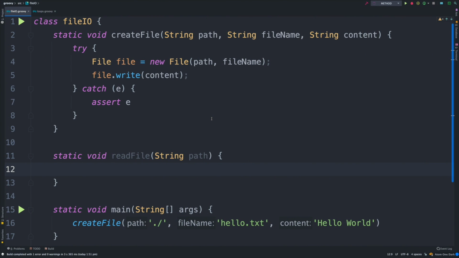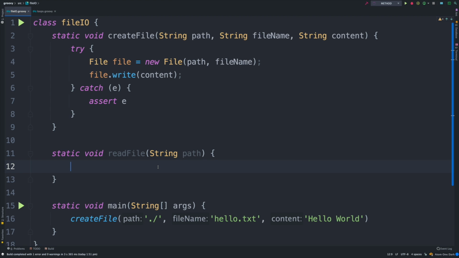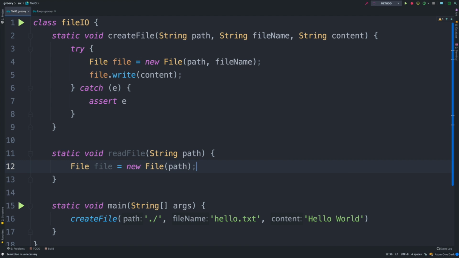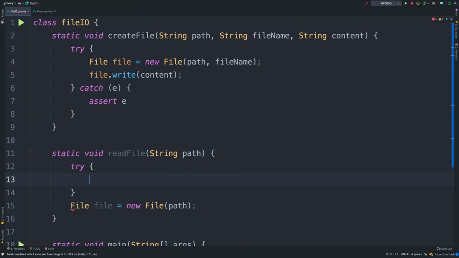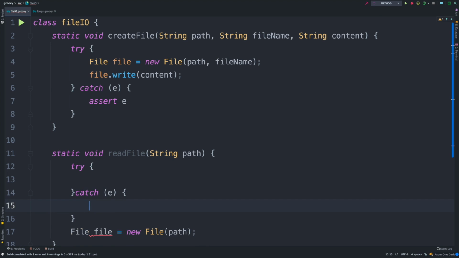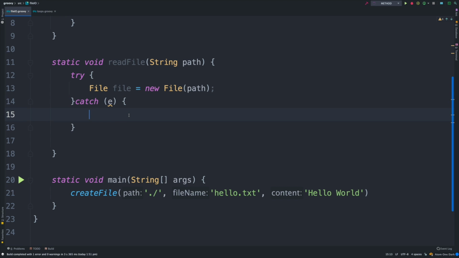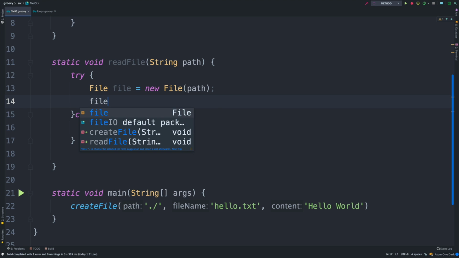So let's go back to our code and let's do that. We've got the file path, and I'm going to simply use that to read the file. First of all, in the code, we are going to start by using file, and I'm going to say file equal to new File, and then that would be path. Okay, we're going to use a try catch block again, so we don't have any problems later. And I'm going to cut this line and paste it here. Then I'm going to just use it. Right, so we've got the file, then I'm going to do file.text.